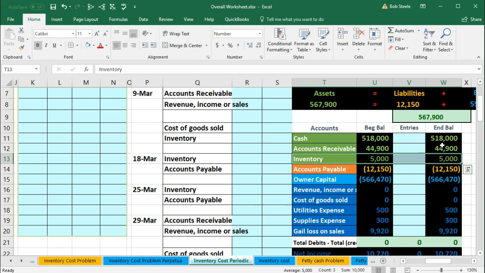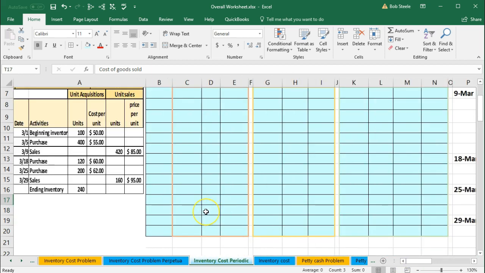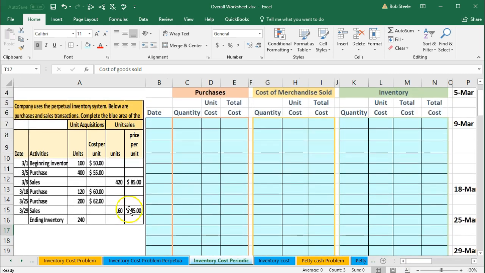This is what we will be dealing with, purchase and sale of inventory with relation to a periodic FIFO, first in, first out assumption. We then have the cost of goods sold. That's going to be the other key area we will be focusing in on as we work this problem. So first we're going to say that there's a beginning inventory of 100 units at a cost per unit of